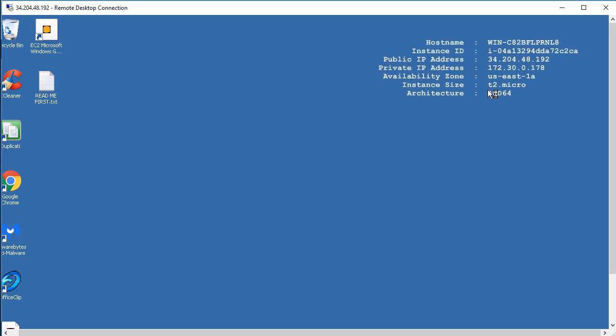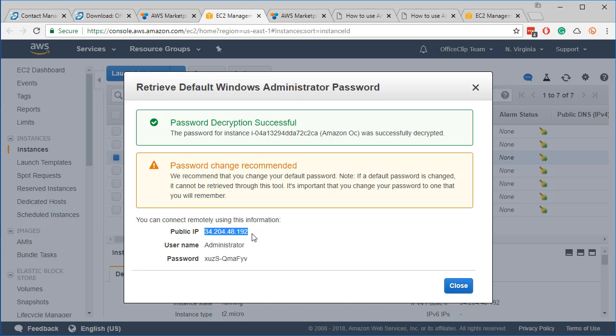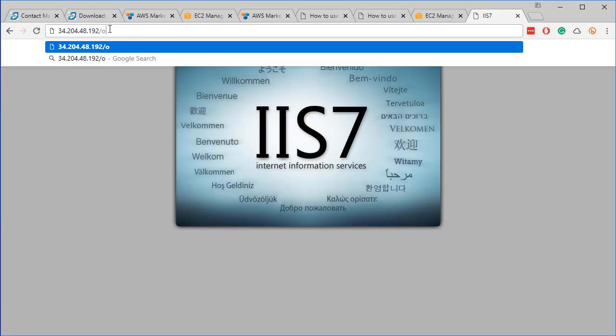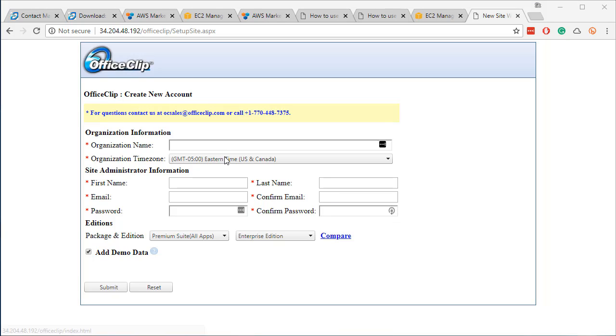We just check it out here. We have T2 micro. Now you'll also see that OfficeClip is already here. We are going to use this IP address to log into OfficeClip. We put /OfficeClip. This process is going to take a while to bring up because some of the OfficeClip programs are compiling inside the server now, and also it is a micro instance, so it will be very slow initially. Then we'll be taken into the organization setup screen where you can put your organization name, email address,